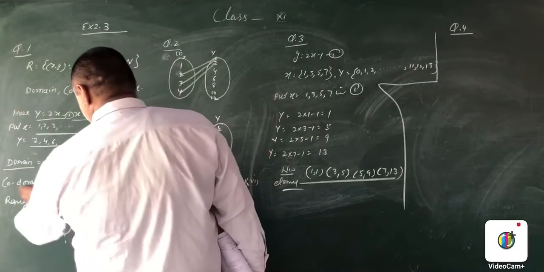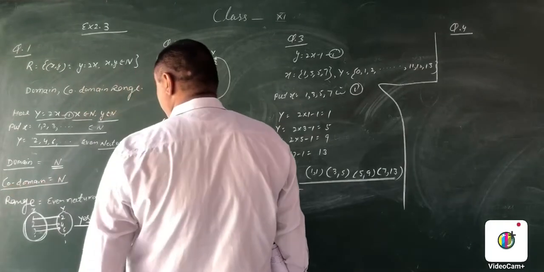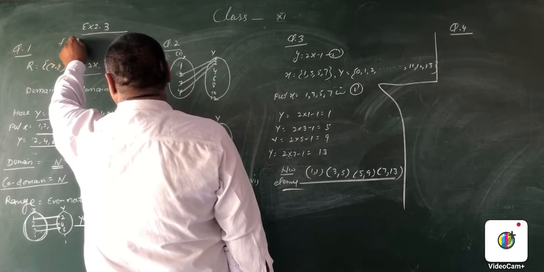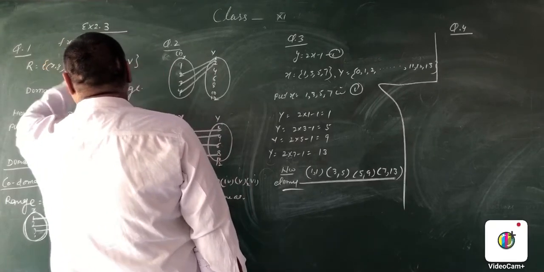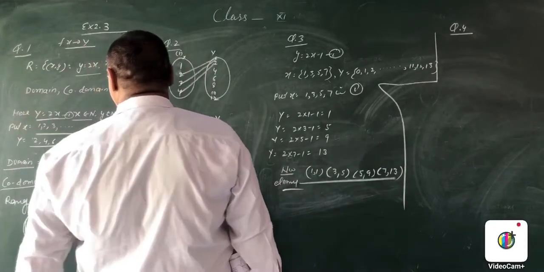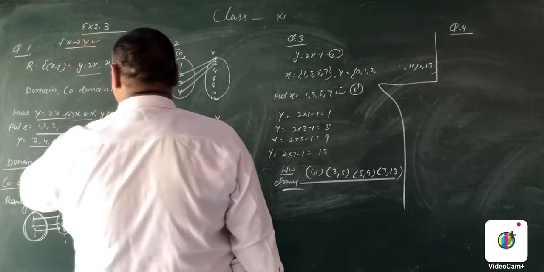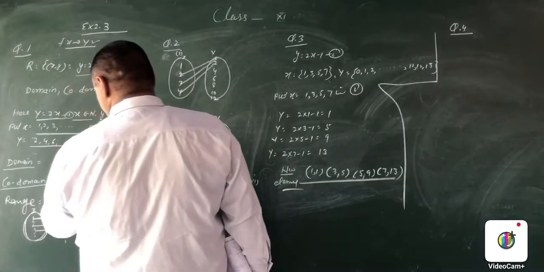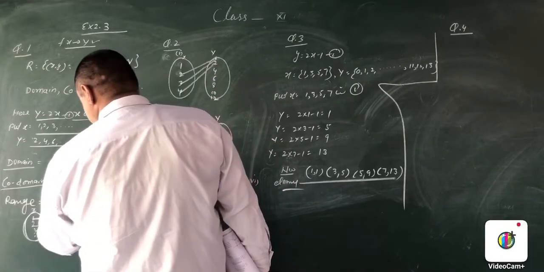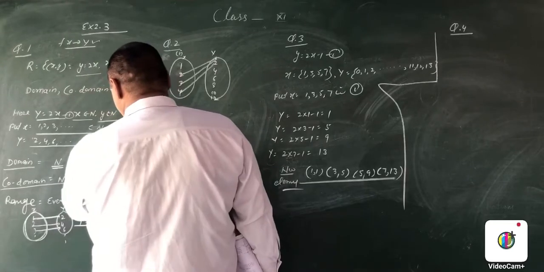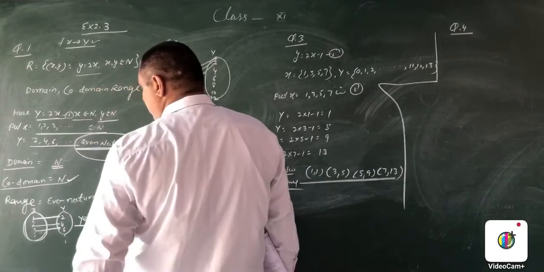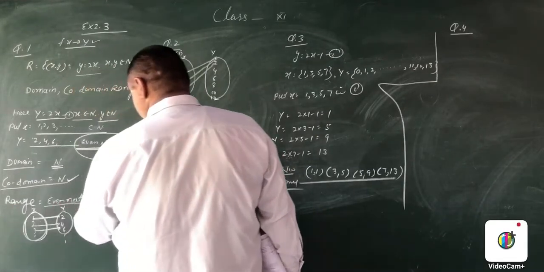Now we have to find the codomain of this function. The mapping of this function is x to y. So now we put the values of x in the relation y is equal to 2x. We find the values of y, and y is also a natural number. Then the codomain of this function is also the natural numbers. And y is called the range of this function, and the range of this function is the even natural numbers.